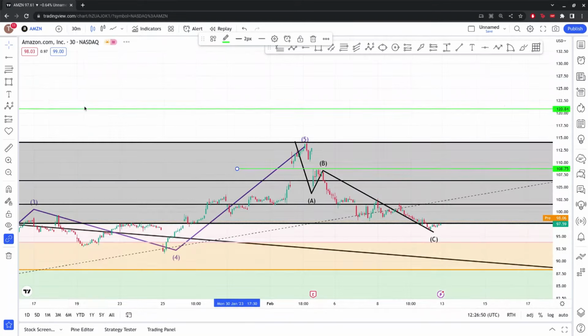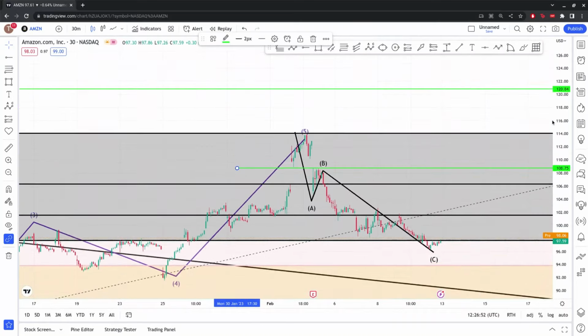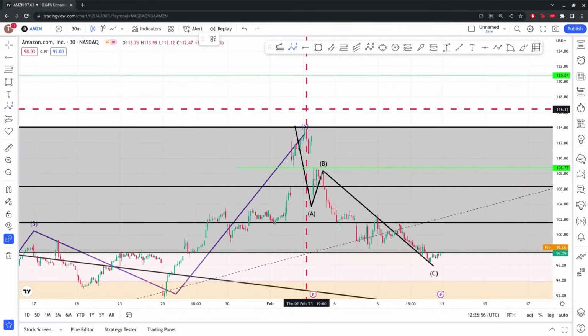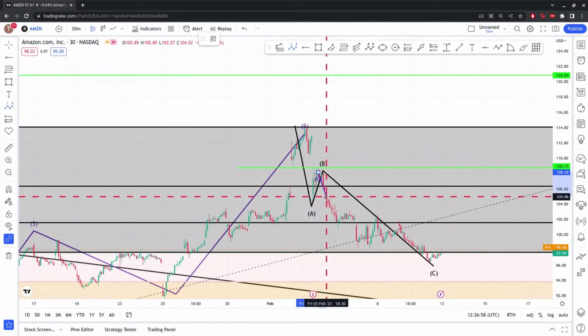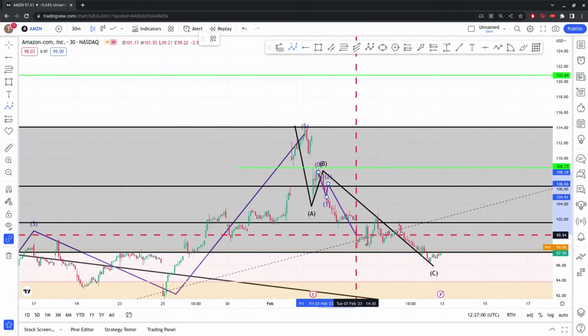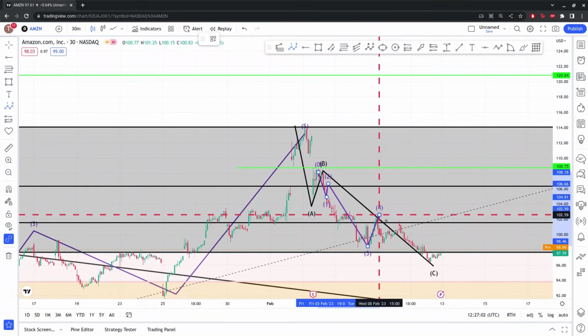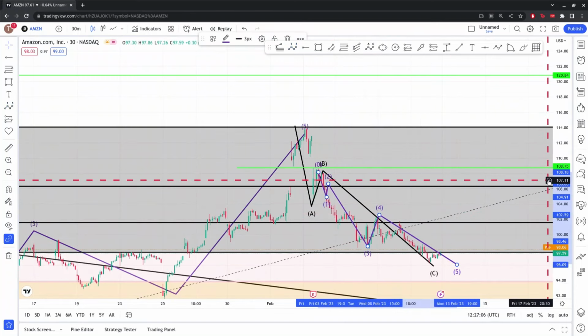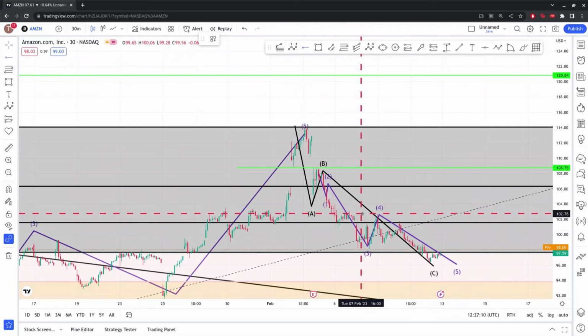Let me go down to the 30 minutes time frame and count the fractals. So this is the first wave, second wave, third wave, fourth wave, and the fifth. So instead of buying at 108.75, I can buy on the break of this last fourth wave, this structure down here,